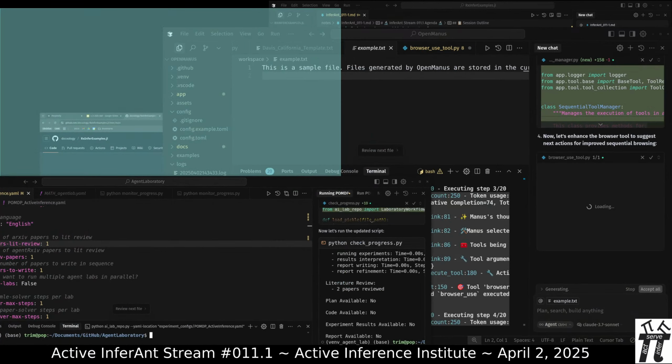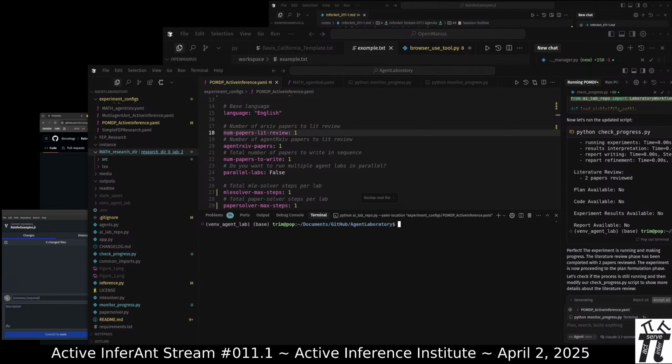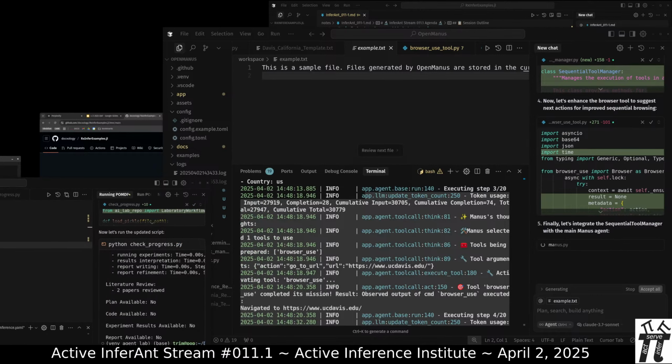I'm gonna make a new API key to put into this. Moving it off screen so I can put in this API key this way and save the file.